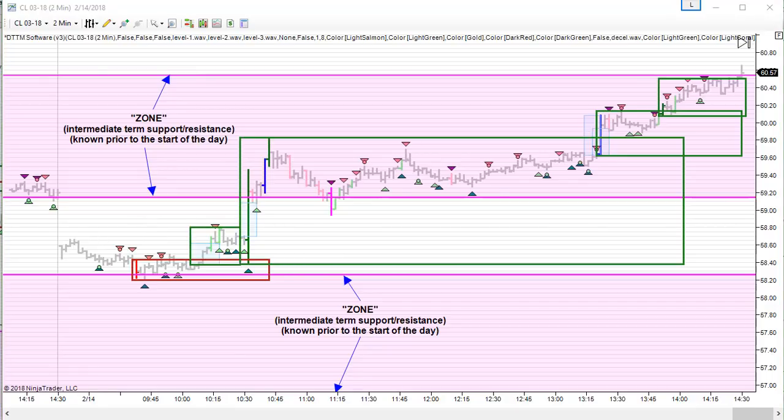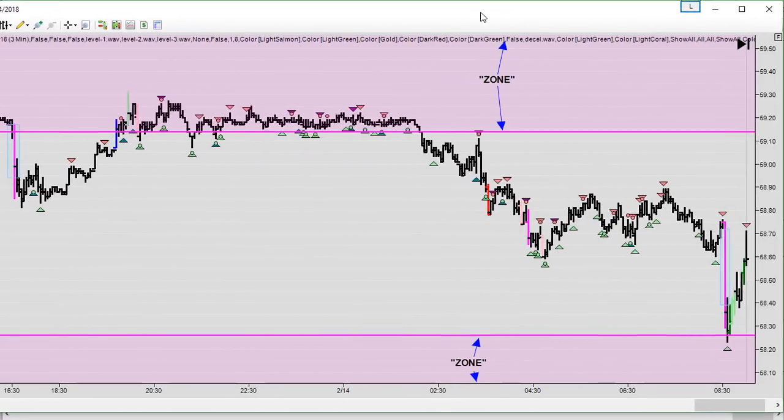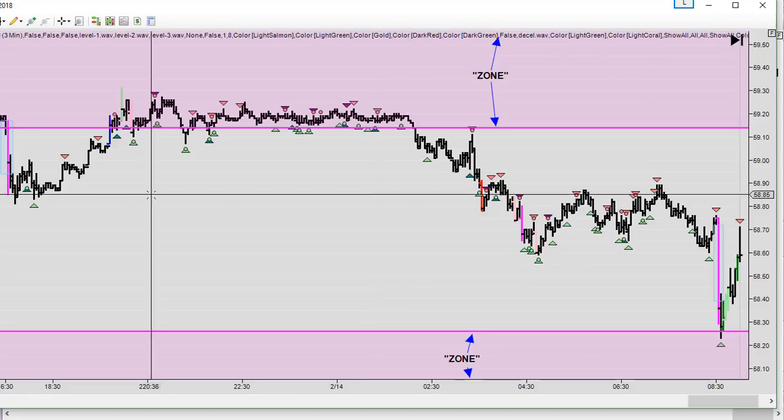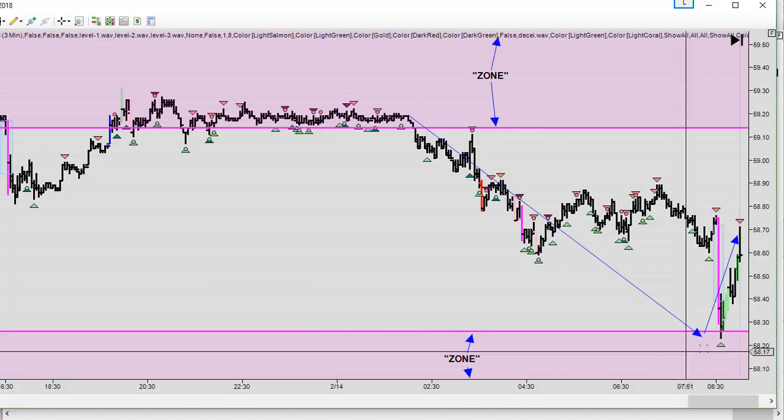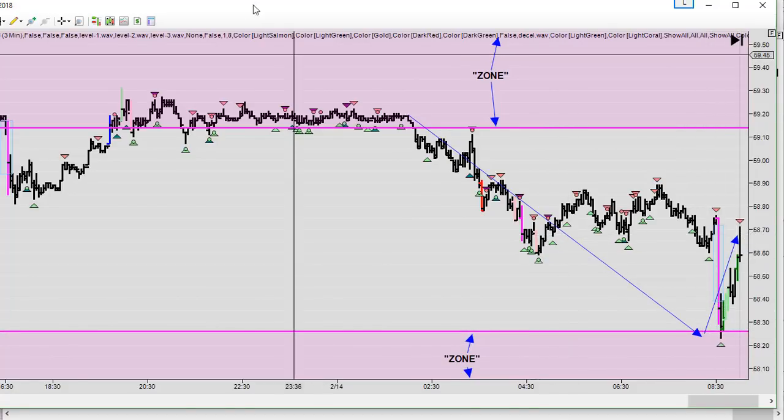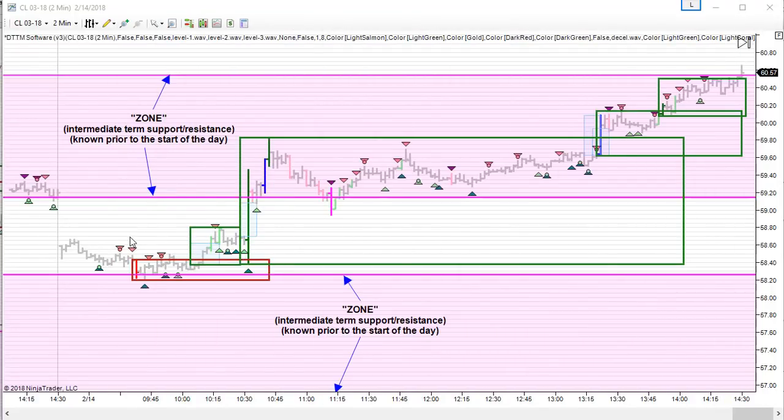Actually, let me bring over the overnight market, because that's interesting as well. The same thing applies in the overnight. You can see that we broke from this zone in the overnight, made it all the way down to this other zone where we found some support. And we've actually found some support like the last 3 times we tested this area. So that's showing us that heading into the day, we opened kind of in the middle of these 2 zones